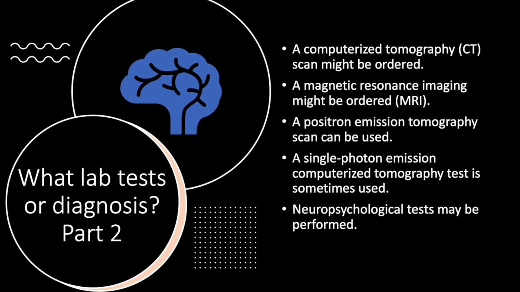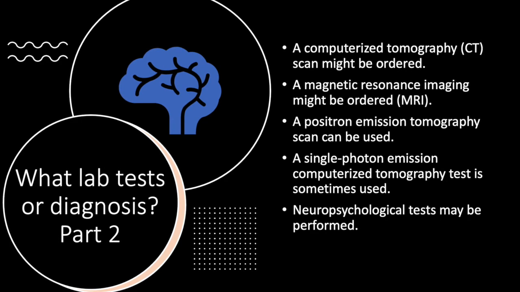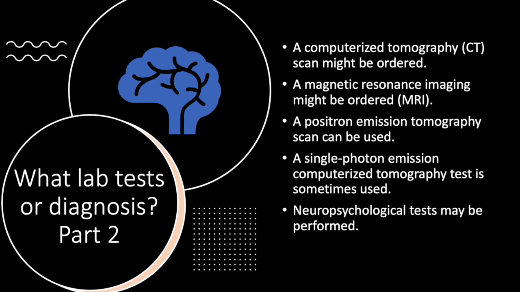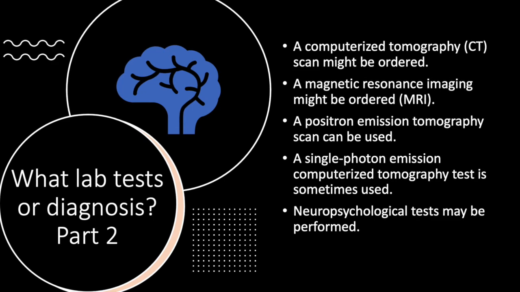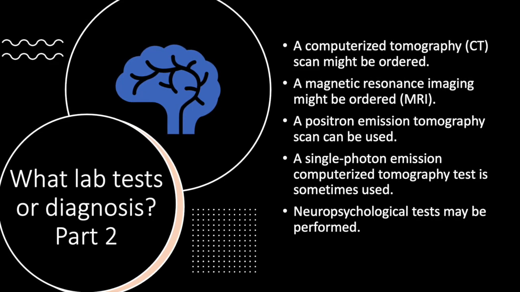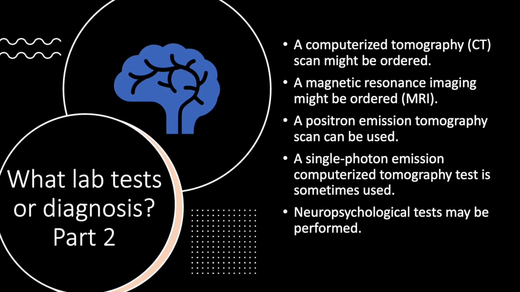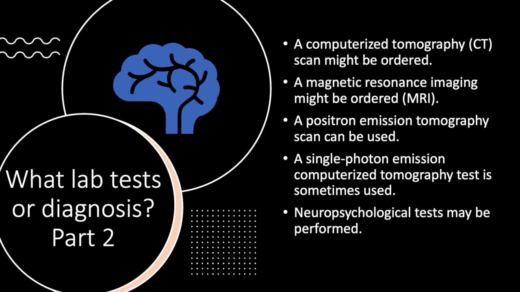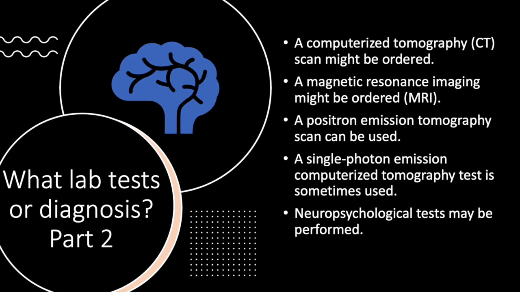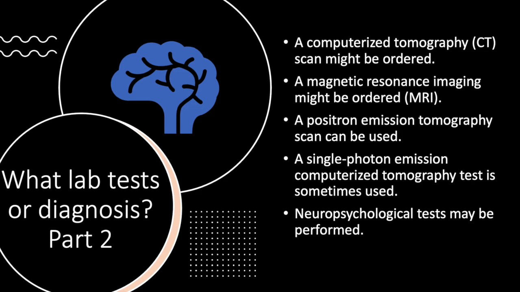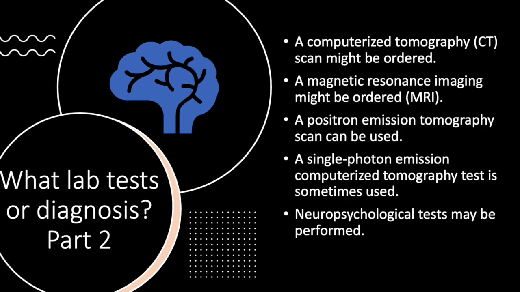A positron emission tomography scan could be used to visualize active areas of brain and detect abnormalities. This test uses a small amount of low-dose radioactive material injected into a vein. A single photon emission computerized tomography test is usually used when an MRI or EEG did not pinpoint where in the brain the seizures are originating. It uses a small amount of low-dose radioactive material injected into a vein to create detailed 3D map of blood flow activity in the brain during seizures.